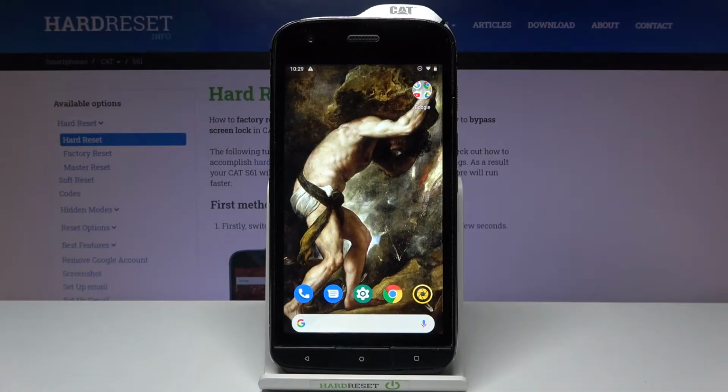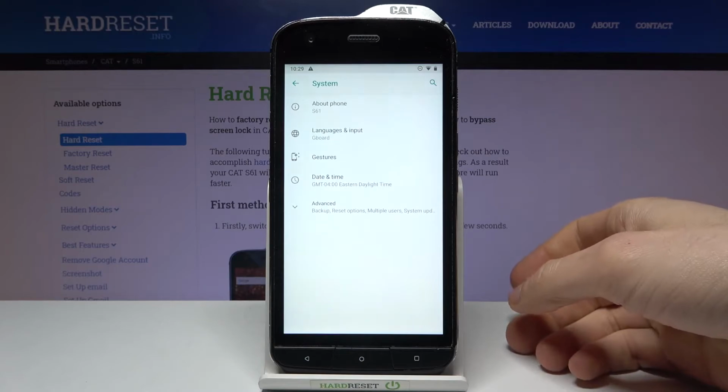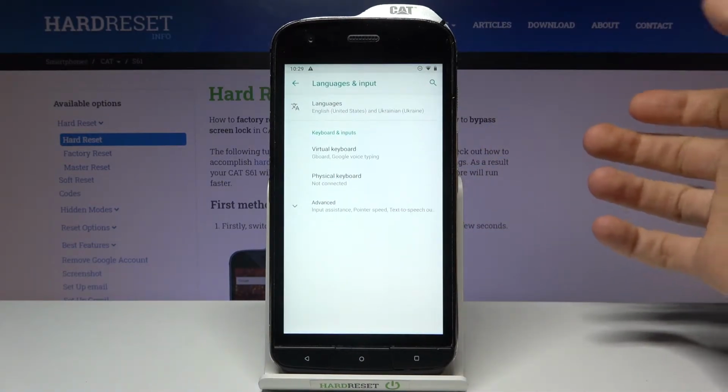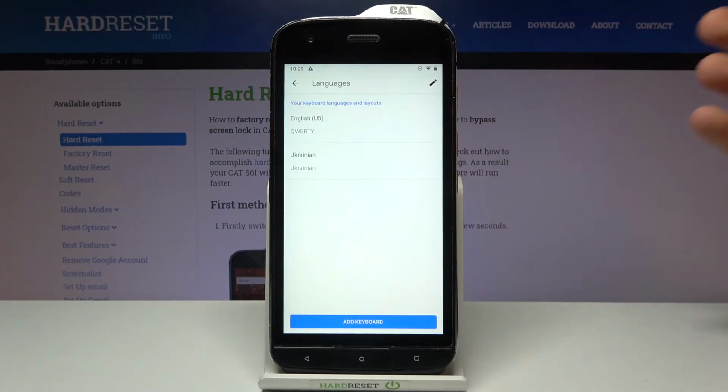Here I have CAT S61, and today I'm going to show you how to change keyboard language on this device. So firstly you have to open settings, then go to the system section, languages and input, virtual keyboard, Gboard, languages,